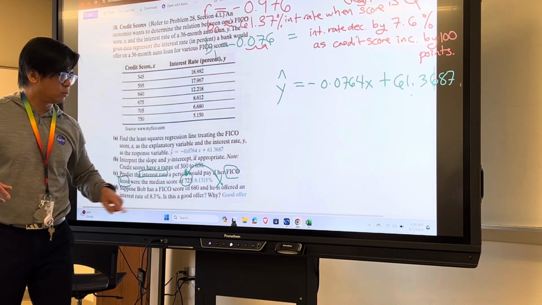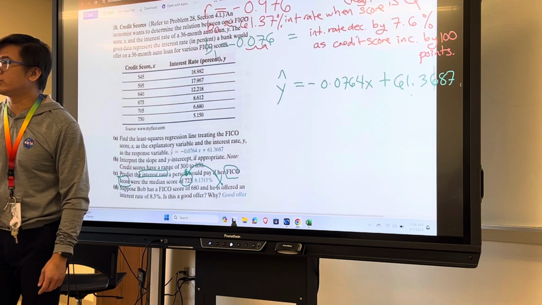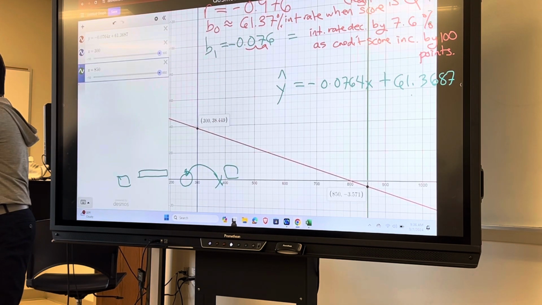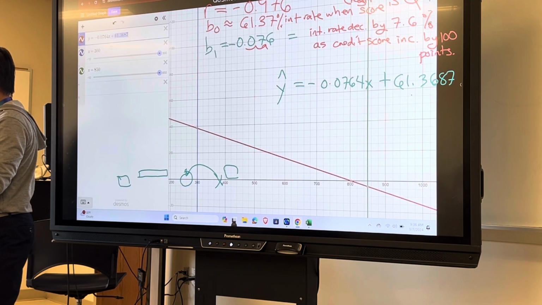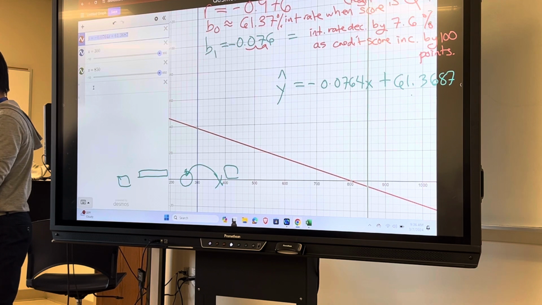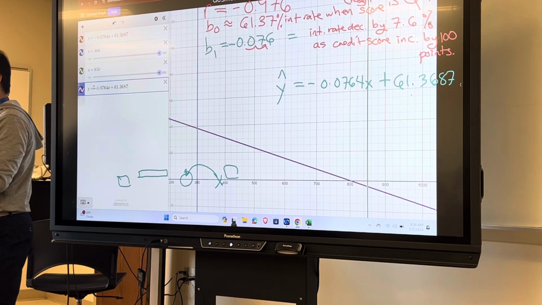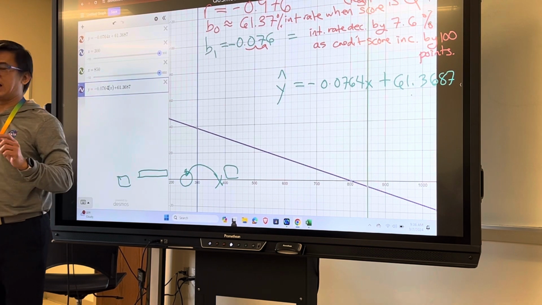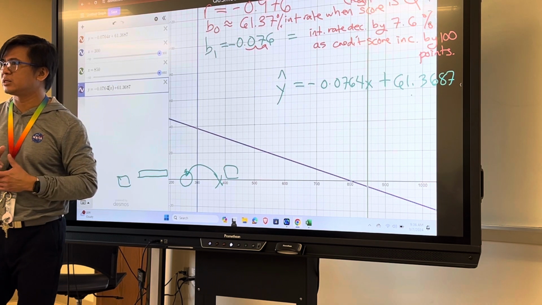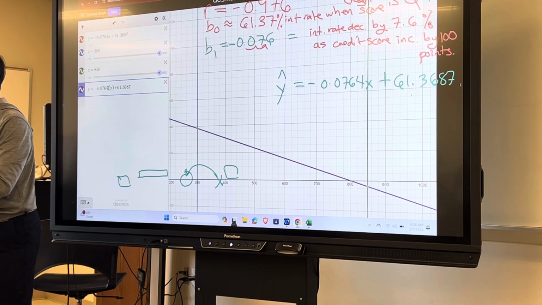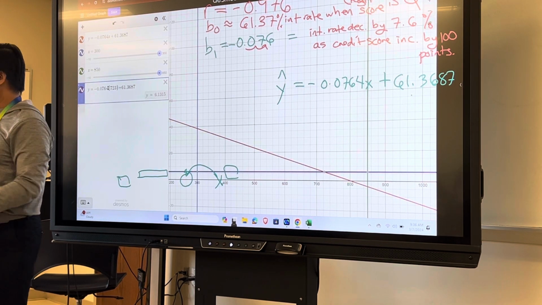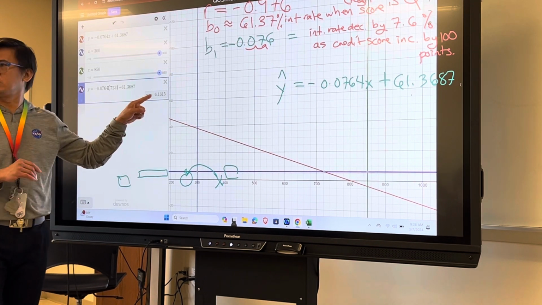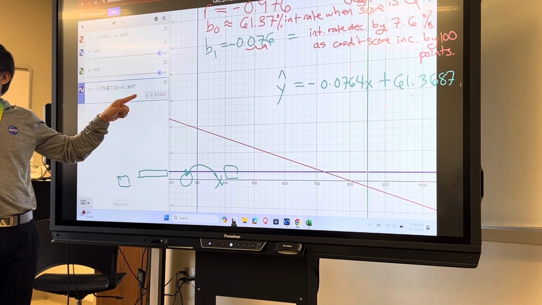So that means that is your X value, 723. Are we good? Right? Well, we're going to predict that one and put it in here. You see this equation, our linear regression equation, I'm going to put it in here. And you see that x, I'm going to put it in parentheses and put the value. What's the FICO score value it says in the problem? 723. So if your FICO score is 723, what will be the interest rate given to you by the bank? Just 6.13%,